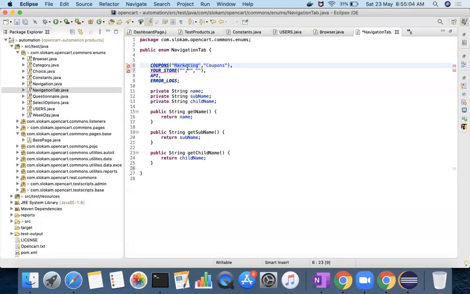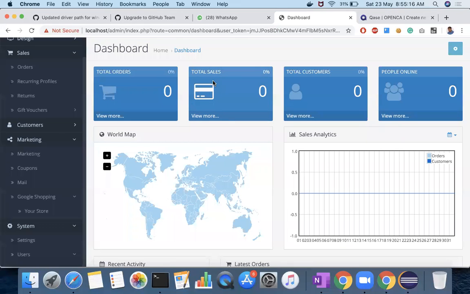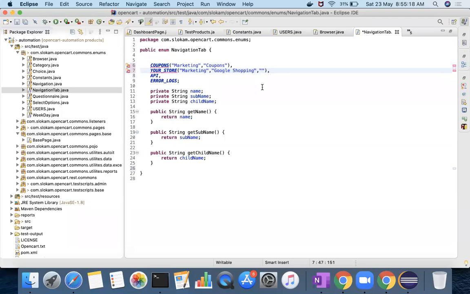Marketing and Google Shopping. The third one is your store. Actually, this has to map with name, this has to map with subname, and this has to map with child name. So that's the idea of writing these things.